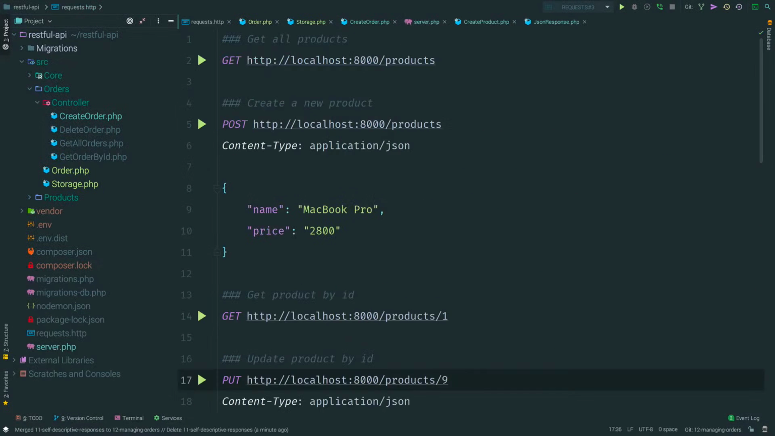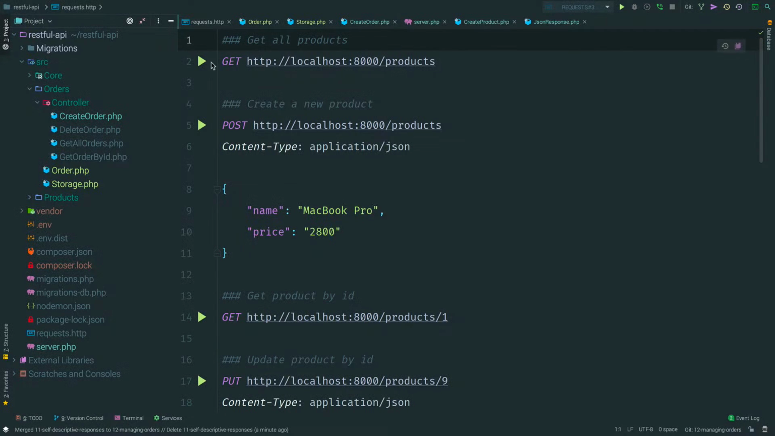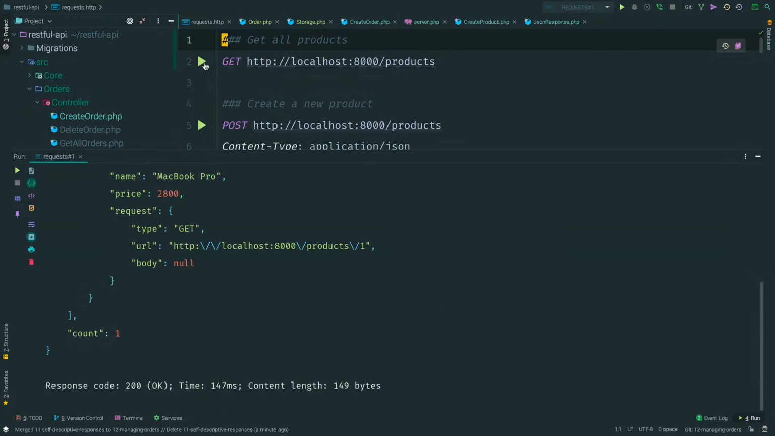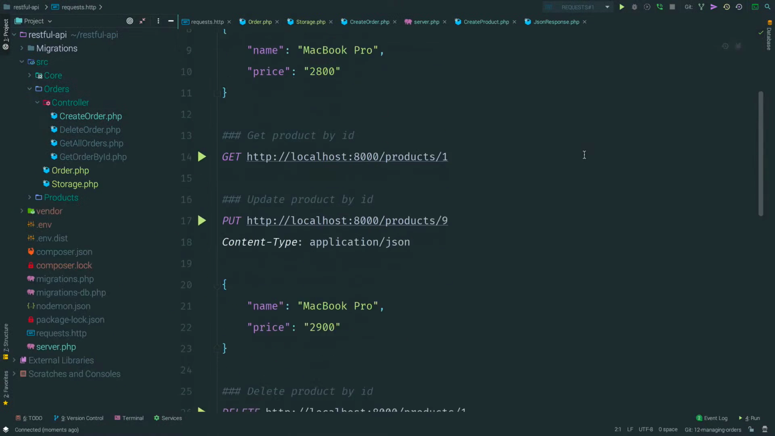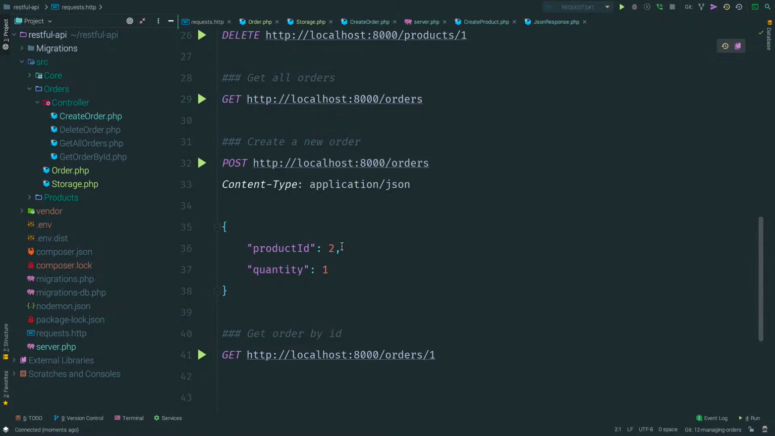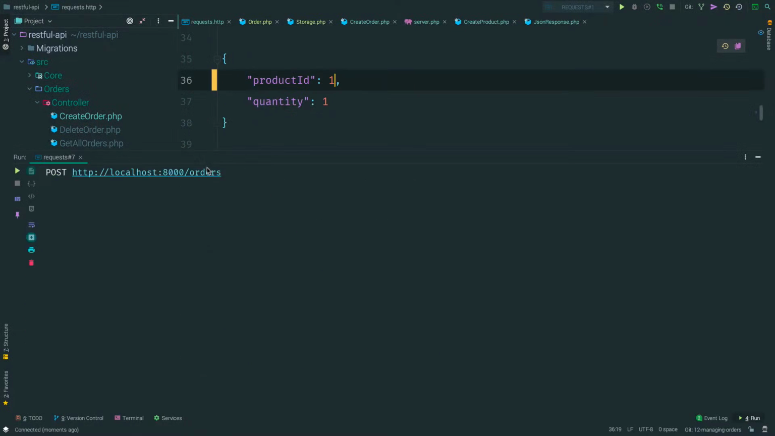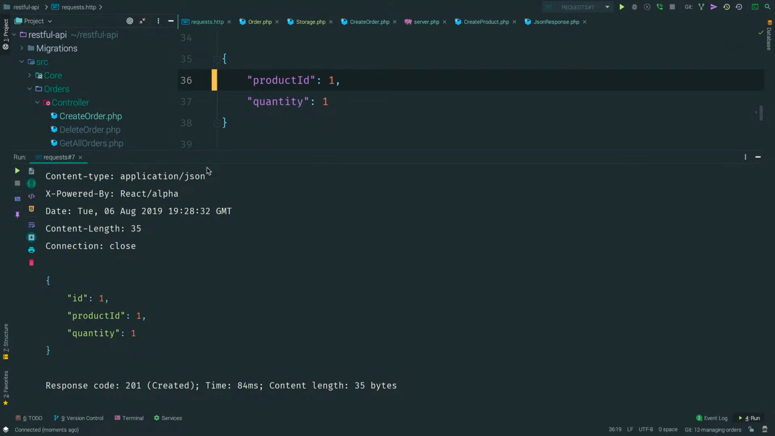Open requests file. Let's get a list of products. Get an ID of the product. So send a post request to /orders with an ID of this product. Now here we see, we created a new order. We stored the product ID and we get a quantity of 1. So now we can